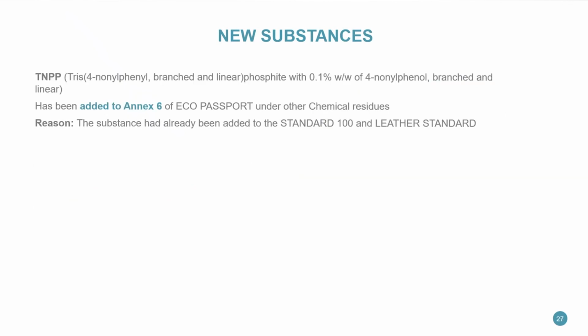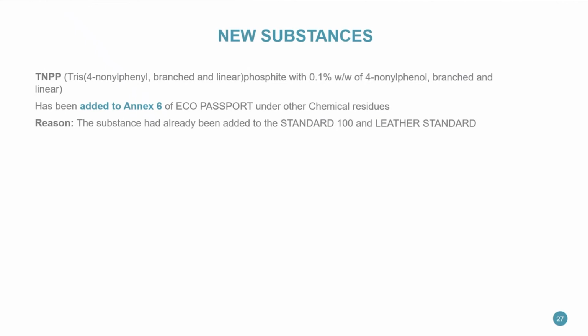Next, we have a change that is ECO Passport specific, where TMPP with 0.1 weight % of 4-nonylphenol has been added to Annex 6 of the ECO Passport under other chemical residues. This was done because this substance had already been added to the Standard 100 and Leather Standard last year, and we want to stay